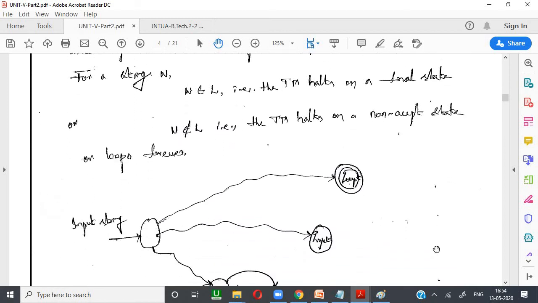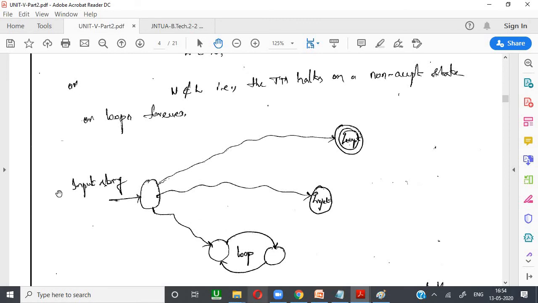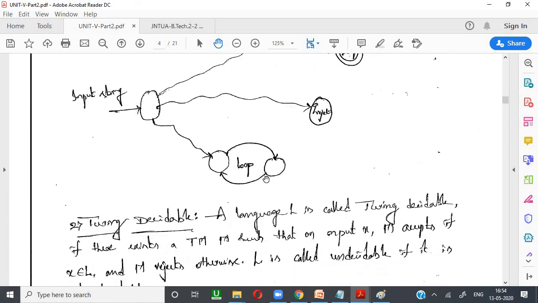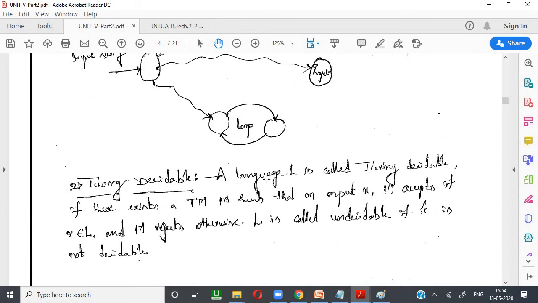So here we explain with a diagram. If you provide an input string, there is a chance to accept and a chance to reject, and there is also a chance to reject if it contains an infinite loop. And the second type is Turing decidable.